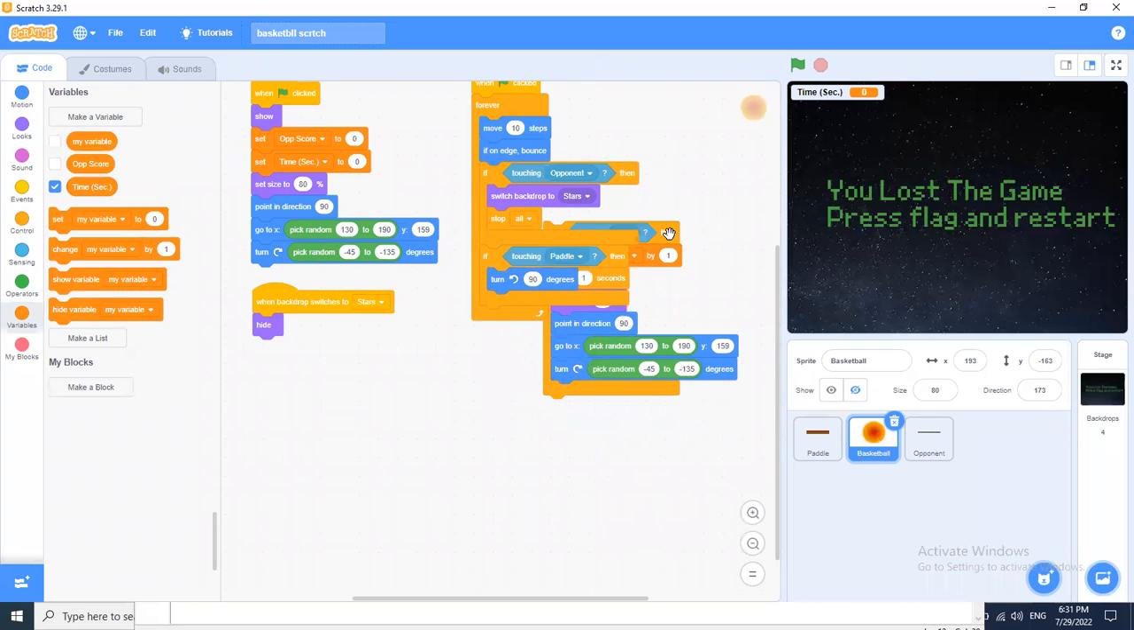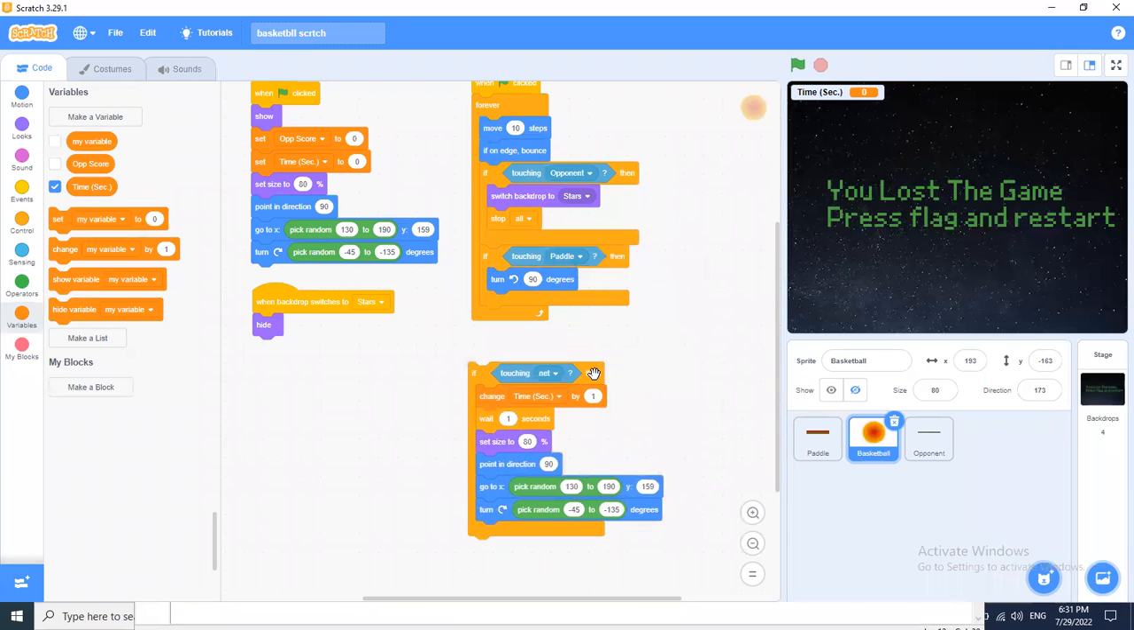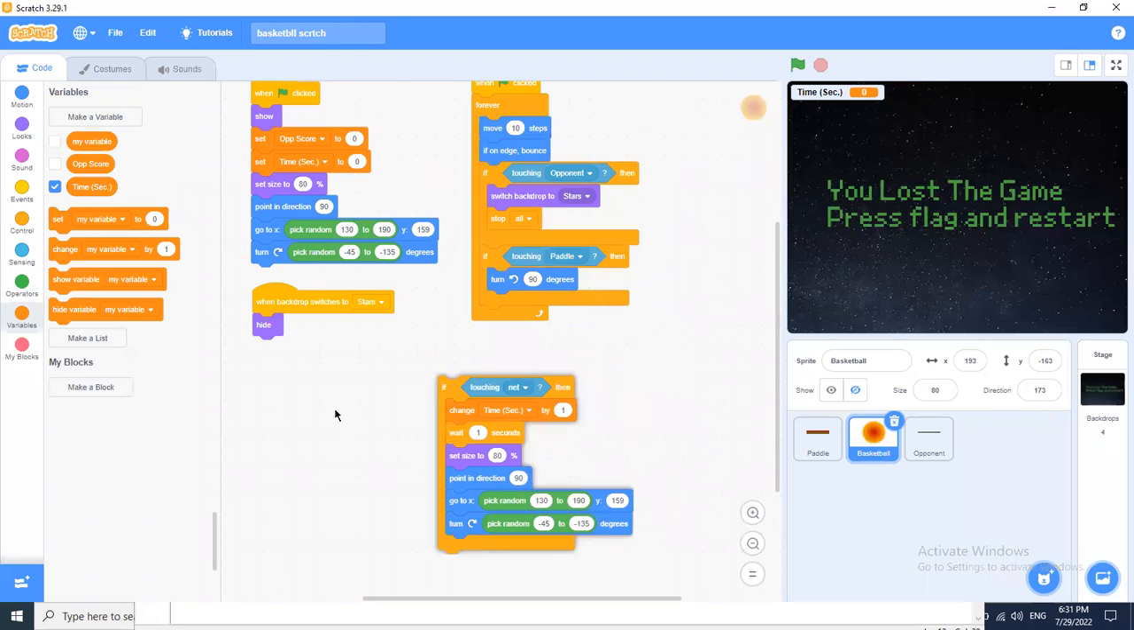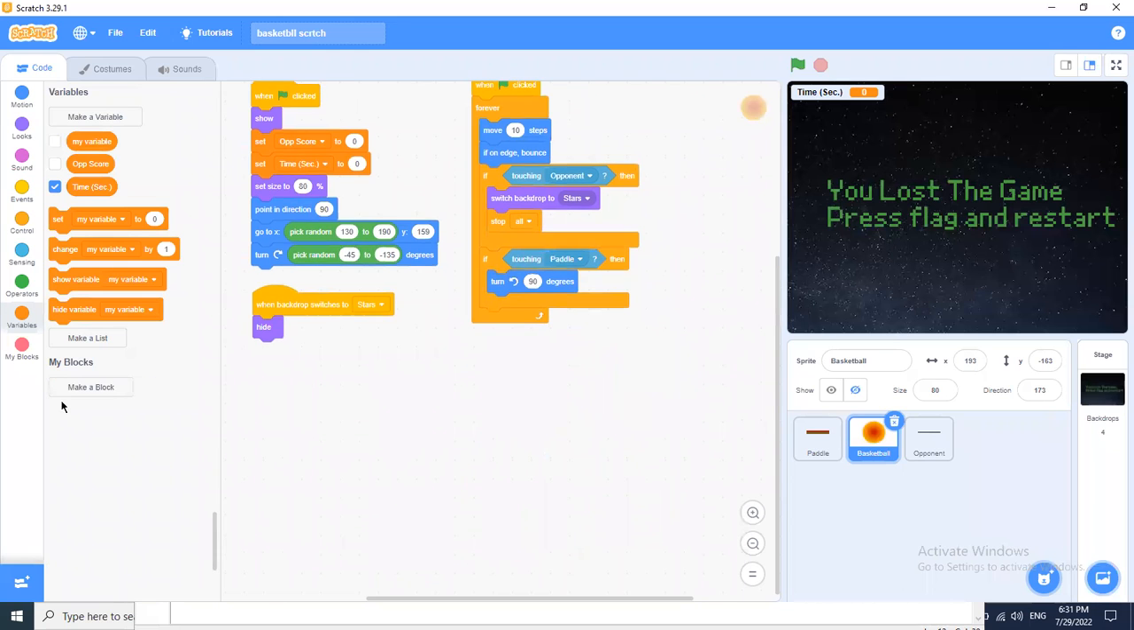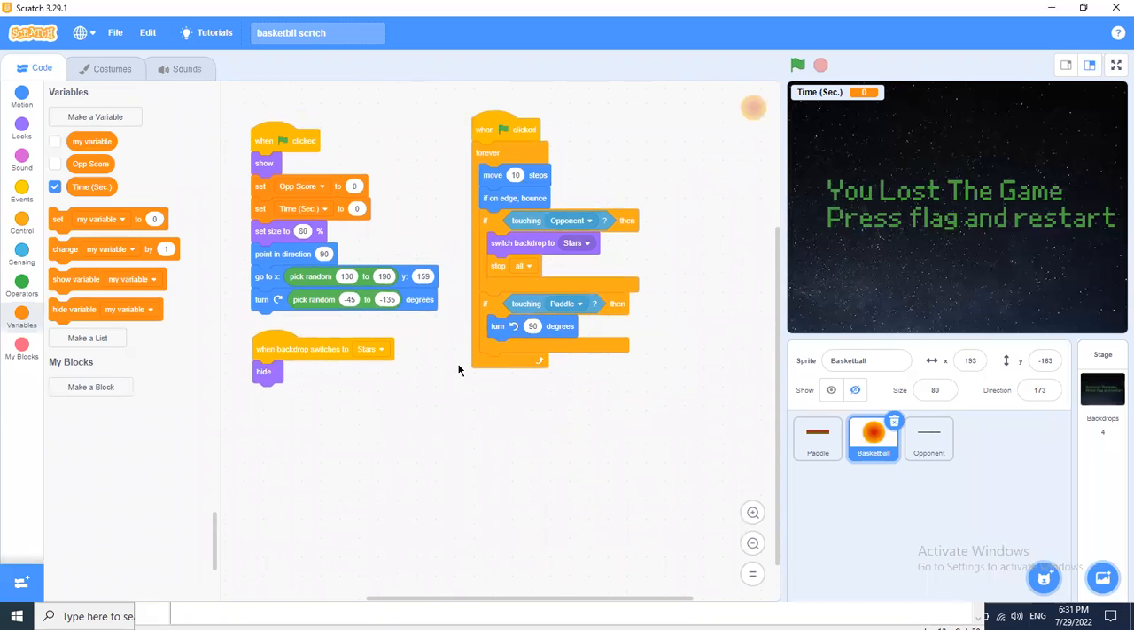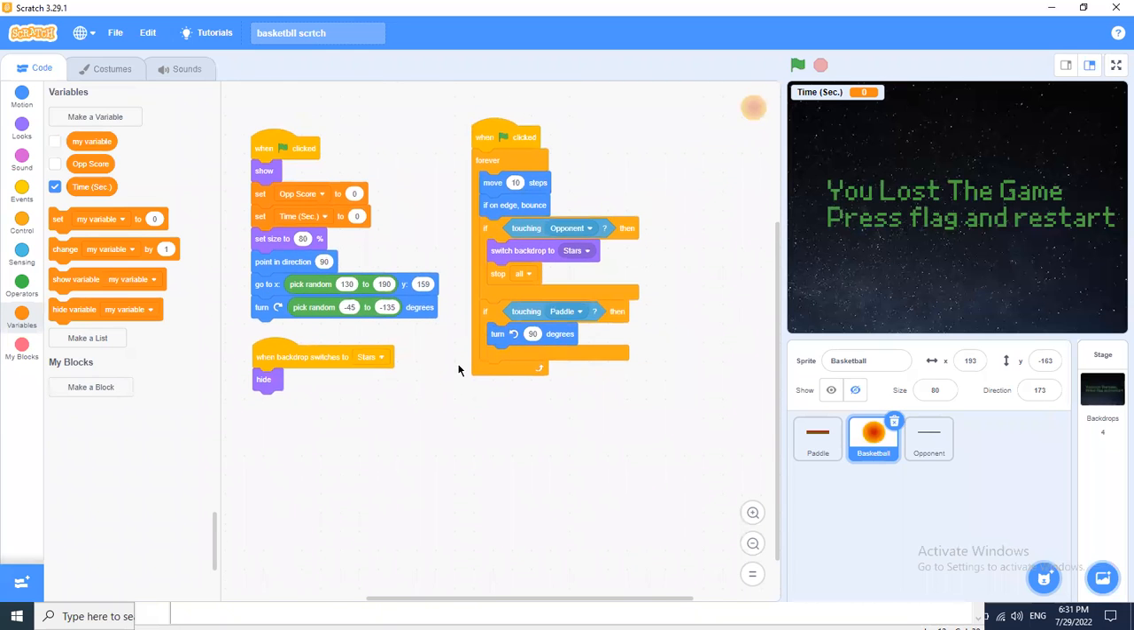This code says if touching net. If you have touched nets, because we are not using net anymore, we may not use this code. So I'm going to delete this code from here. We actually don't need it. We now need a code to do something, and that something is